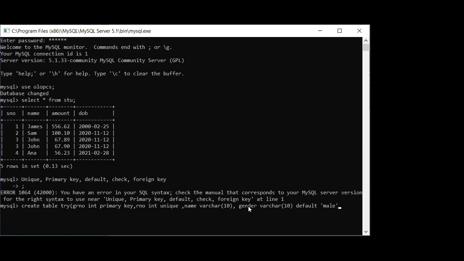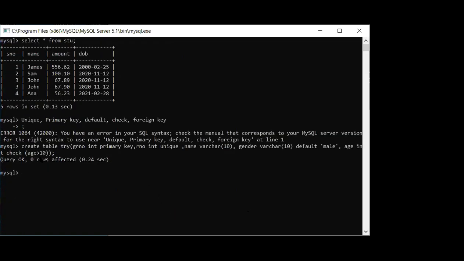Fine, remaining both the things will not work, but still check will not give you error, but it will not work also, both the things. So we will apply that, but it will not work. Then I'm going to insert age integer, and then I'm writing here check that age should be greater than 0, chalo, greater than 10, something like this, but it will not work here. Remember this thing. Fine. Then enter.